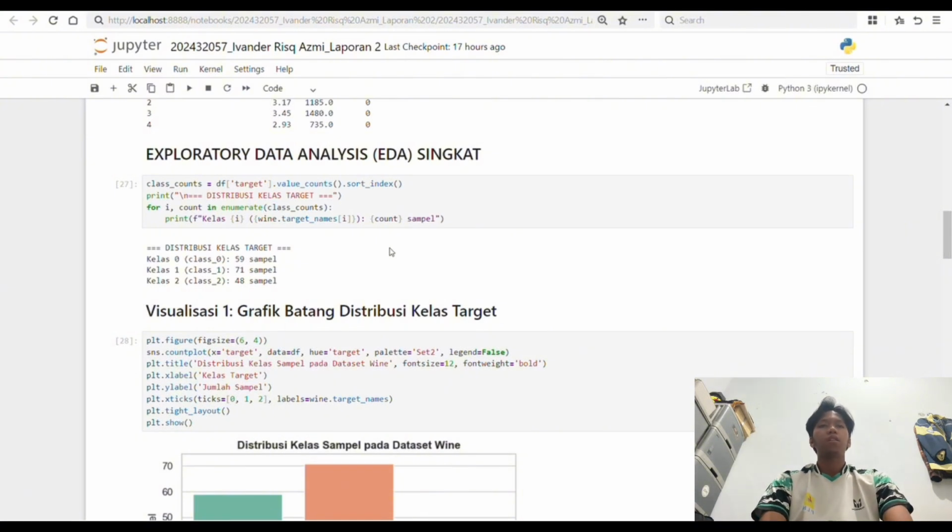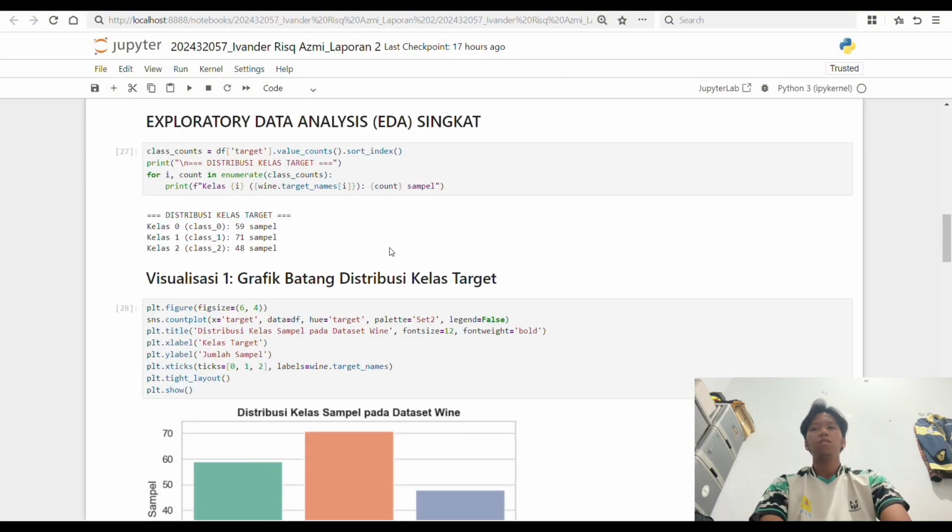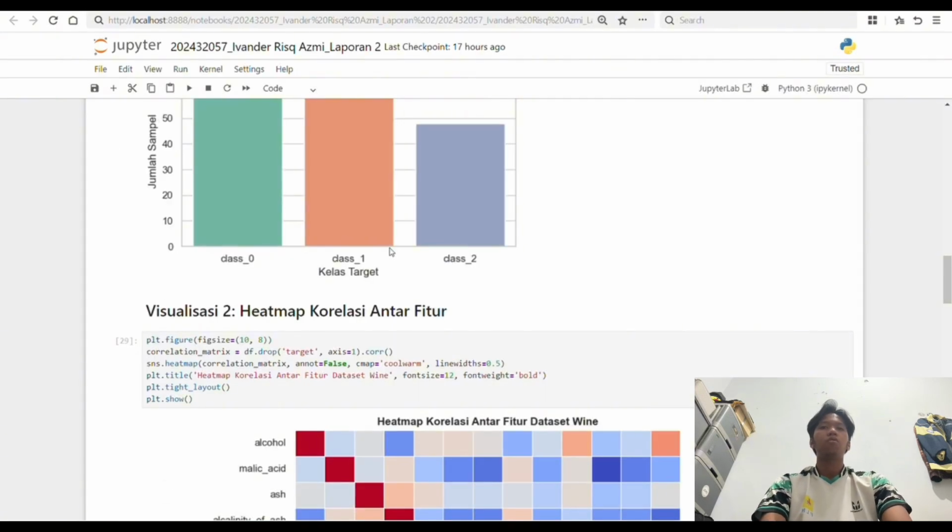First, I check the sample distribution for each class using the value counts function. The output reveals class 0 has 59 samples, class 1 has 71 samples, and class 2 has 48 samples. This distribution is relatively balanced, which ensures the model won't become biased toward any single class during the learning phase.